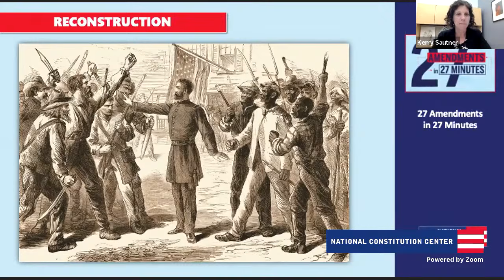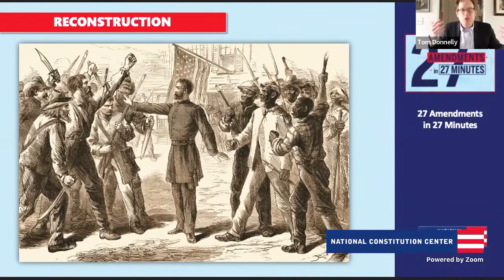Yeah, so this is the period after the Civil War, and the Republican Party, the party of Lincoln, is trying to figure out how we need to change the Constitution to set better constitutional baselines after the Civil War, to make sure, especially, that we could give a new birth of freedom, as Lincoln promised at Gettysburg, to African Americans. And so we ratify a series of 3 transformational amendments.